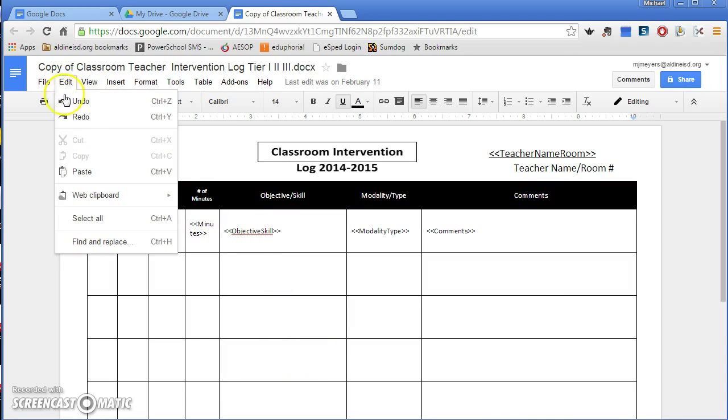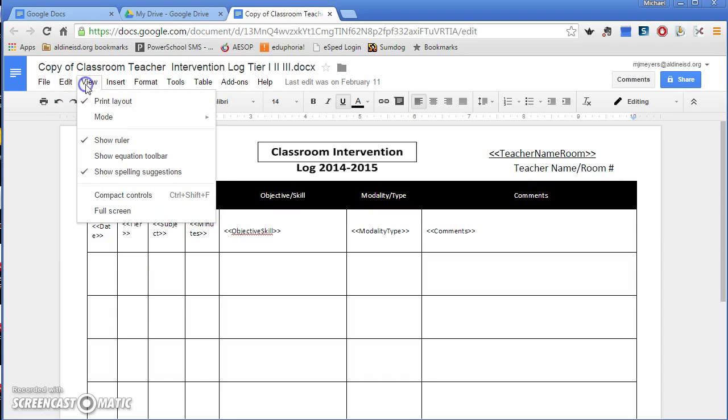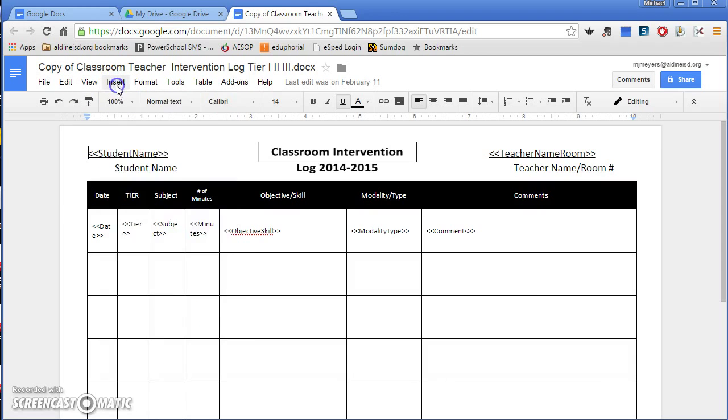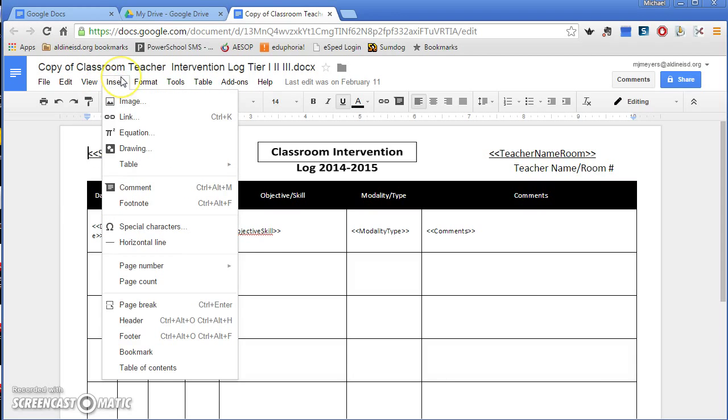You have your edit options, just like you do for Word. View options, just as you do for Word. Insert allows you to insert an image, a link, equation, drawing, and so forth. Here you can insert a comment. You can also insert your header and footer here as well if you would like to create those on this